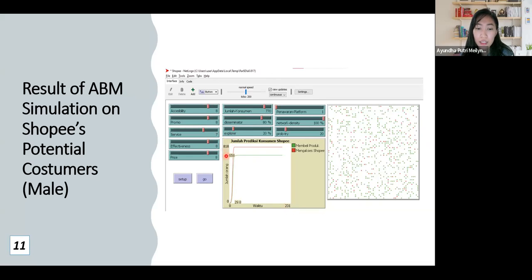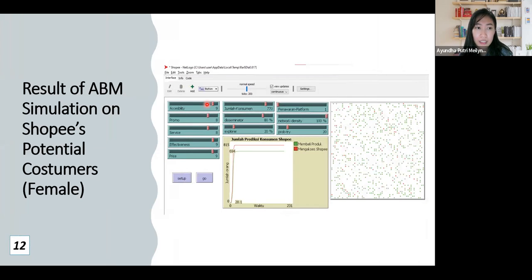And in addition, it shows that 28% of the total explorers finally decided to buy the product after searching more deeply about the related parameters. And this is the result of the IBM simulation on Shopee's potential customers who are female. For female customers, the parameters used were accessibility 9, promo 8, service 8, effectiveness 9, and price 9. And from the simulation, we can know that there are